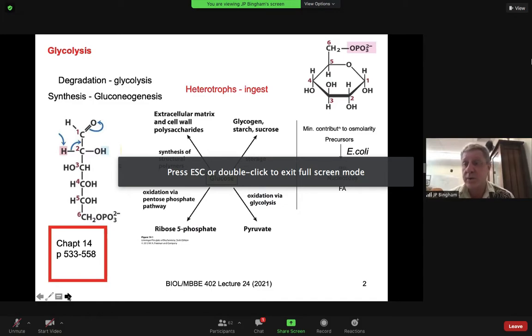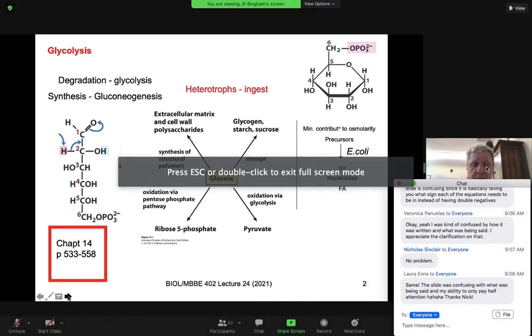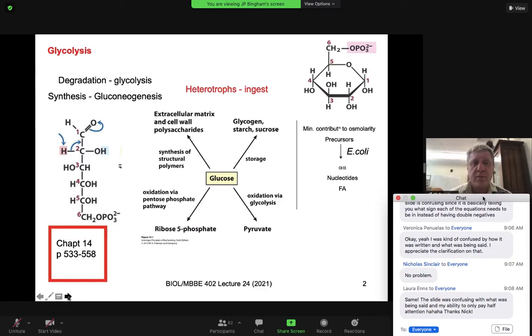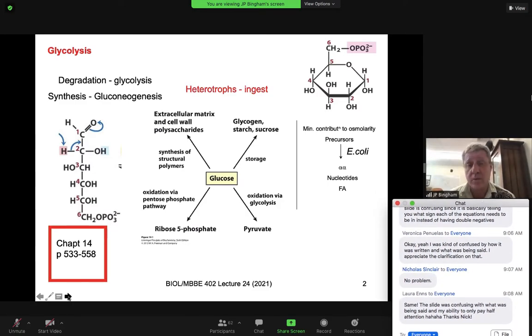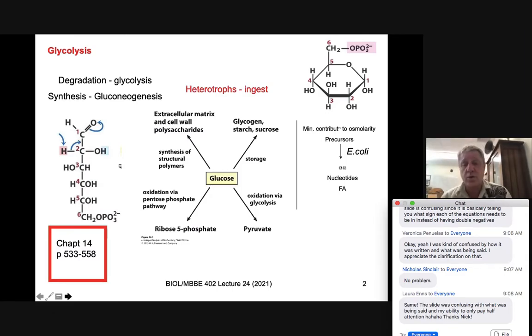Anaerobes, we ingest molecules, we're going to break those down. And we're going to basically go through the process of degradation of glucose in glycolysis and the synthesis of glucose in gluconeogenesis. Glucose plays such a central role, we cannot dispute that in regards to the storage of glucose in the form of glycogen, starch, or sucrose, and we'll see how we produce glycogen a little later on, as well